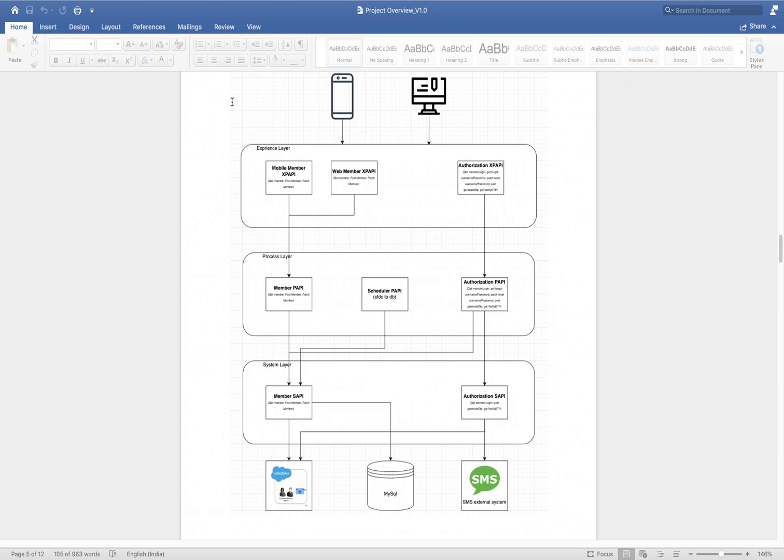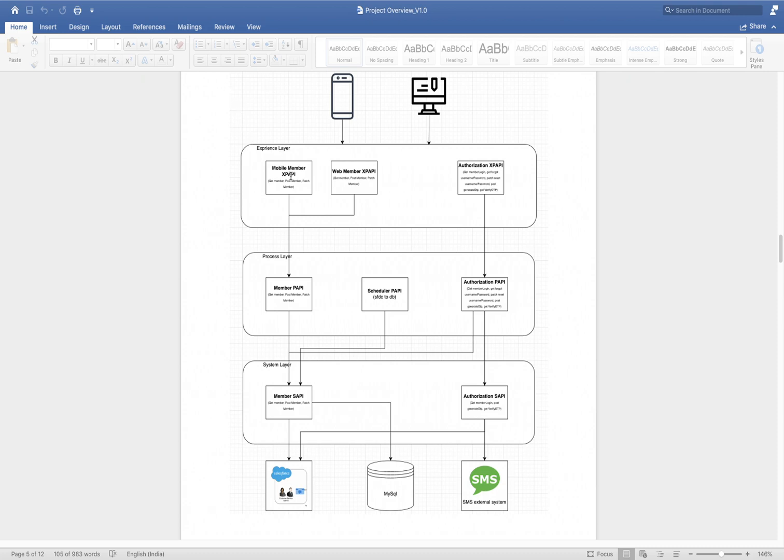For those employees we can't display all the customer information, such as confidential details like date of birth. But as a member, if you log in using the mobile or web application, you should be able to see your date of birth, gender and other confidential details, while that company employee should not.